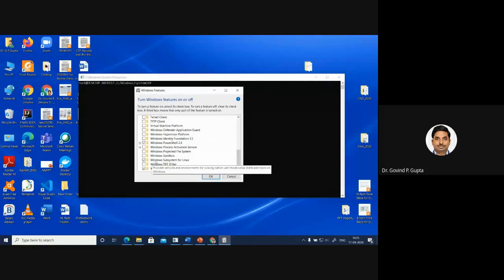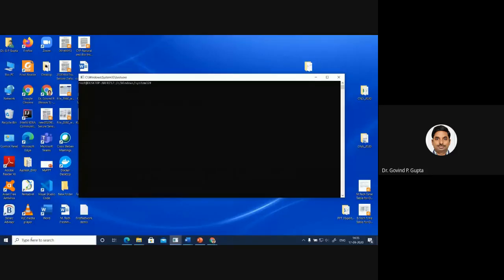Once again to revise: Windows Subsystem for Linux, then hypervisor, and then PowerShell 2.0. Once you set these, the bash command automatically appears. You just type bash and a bash terminal opens here.